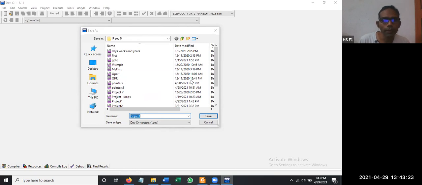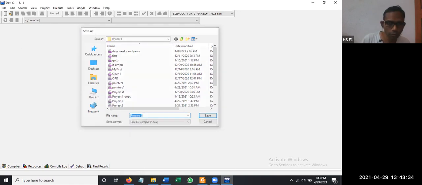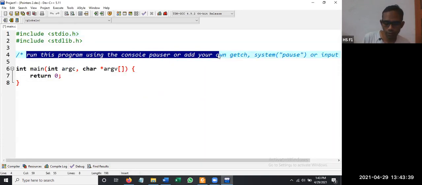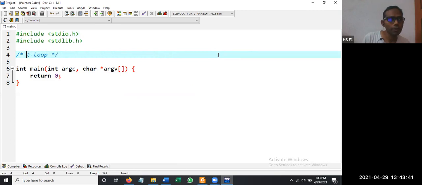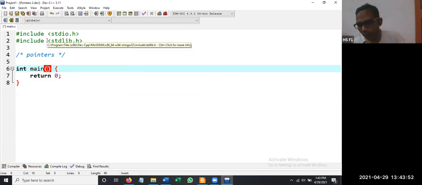Oh, nothing to worry. So the concept is pointers. Let us change the documentation. The documentation deals with pointers. Let us remove these arguments. You don't need them. Actual parameters, they are also called.